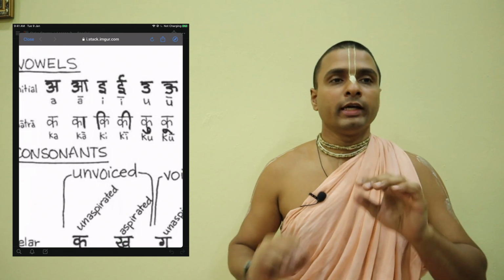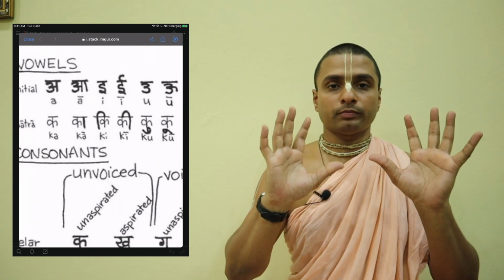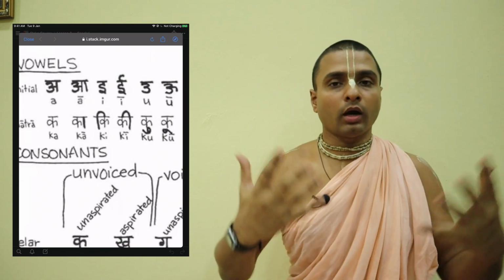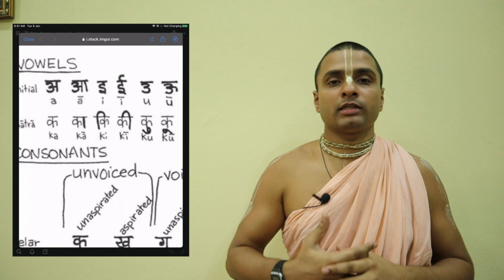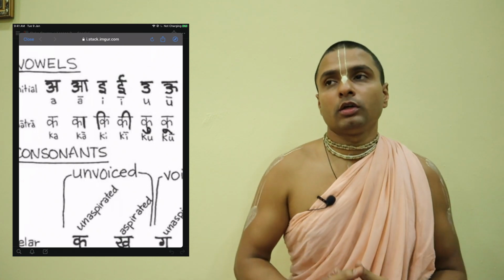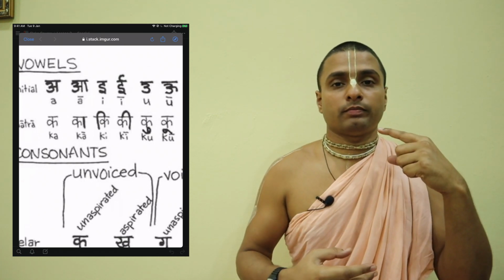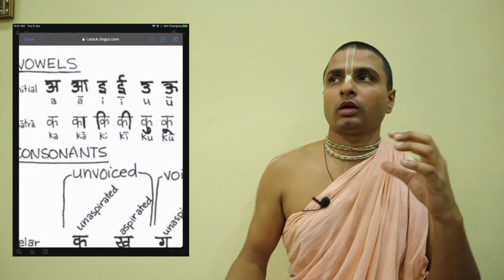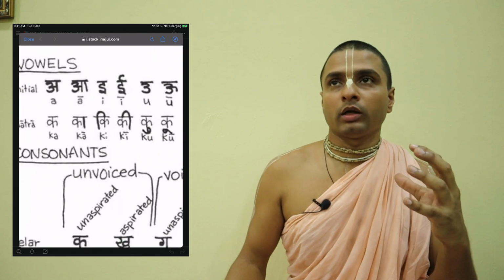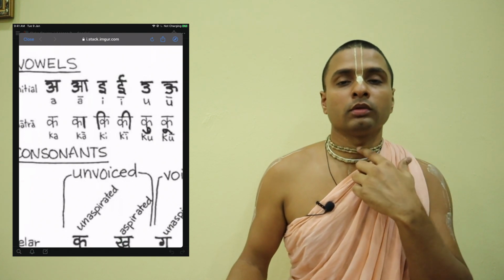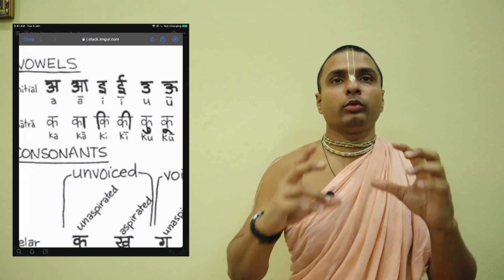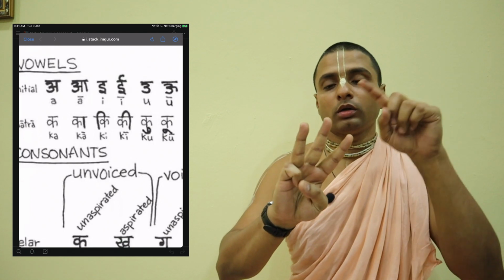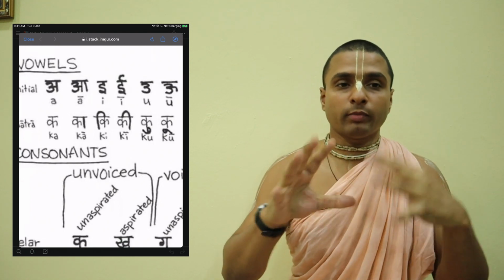So the same, it's all coming from A. A is the principal sound. Everything is then manipulated with the different mouth positions and different aspirations, or the aspirated breath. So the breath, the mouth position and the tongue. The tongue and the actual sound that comes out are manipulated with breath and the mouth position. So these three components, the sound, the mouth position and the breath, these three we manipulate and produce all these